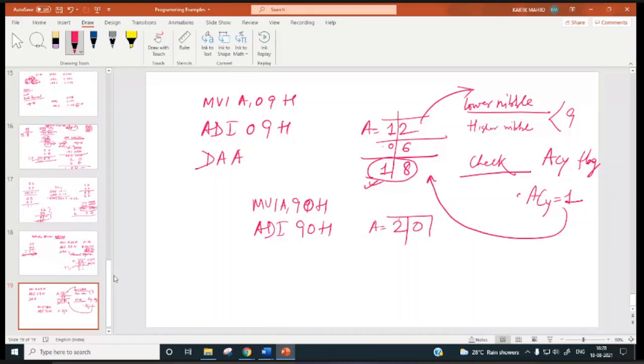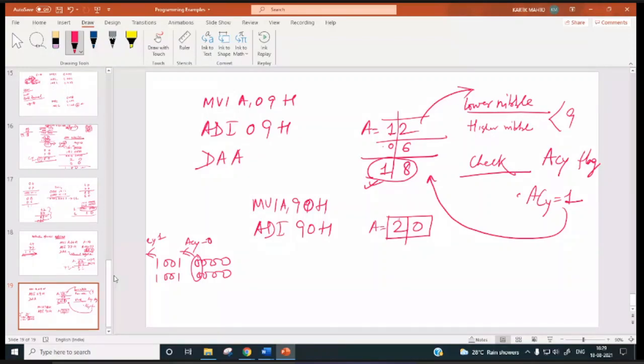But when we add 90 and 90, the carry flag is set to 1. But when the lower digits are added, auxiliary carry is not generated. So auxiliary carry will be 0.